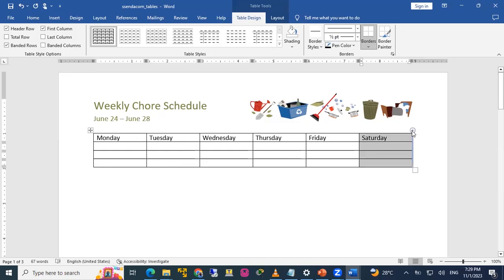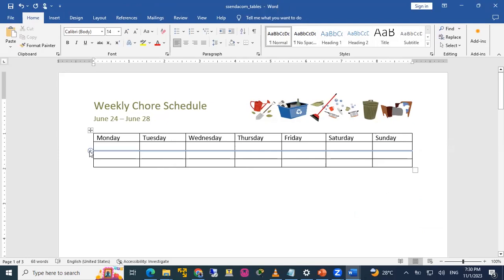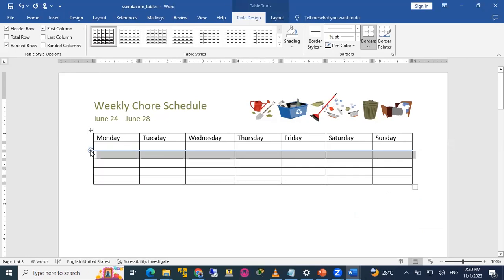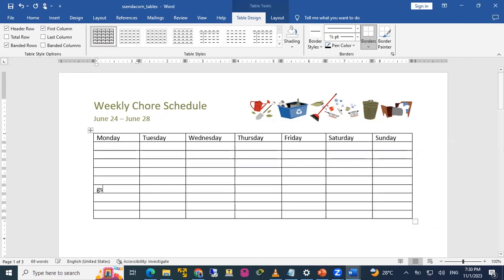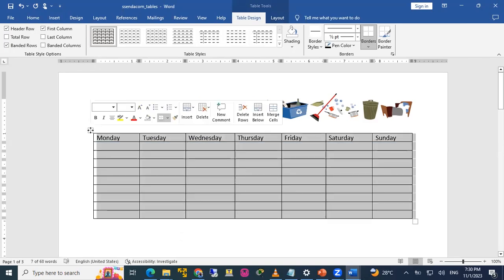Now, when you hover on it, you will see some plus. Once you click the plus, it creates another column for you. Then type Sunday. The same thing happens if you want to add more rows: you see the plus, you hit it, and it adds more rows. If you want to format your table, you select the whole table. Selecting the whole table is very simple. You look at the four arrows here, pointing to the top, right, left, and down. You hit on it, it selects everything.